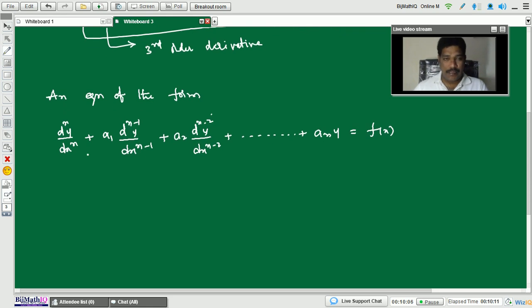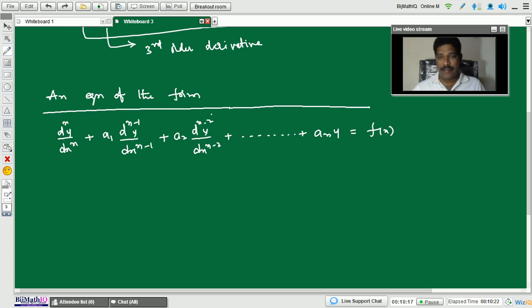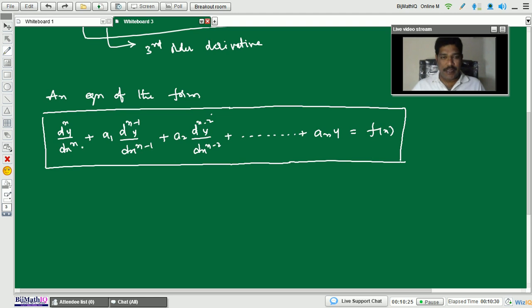So here, what is the highest order? d^n y by dx^n is the highest order derivative. In this differential equation, the highest order is the nth order derivative. So an equation of the form is called an nth order linear differential